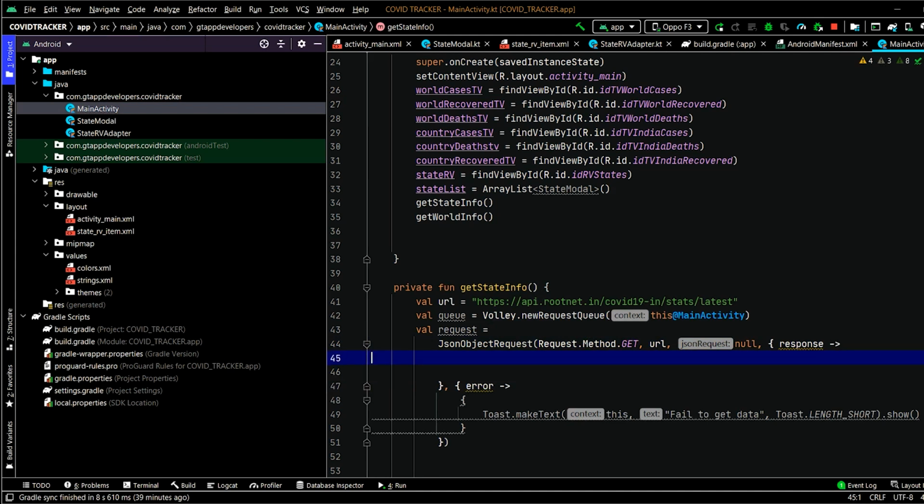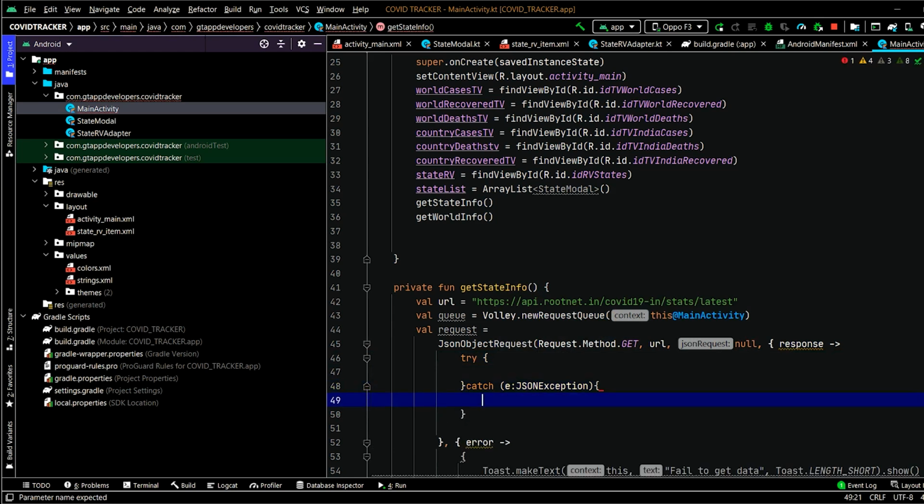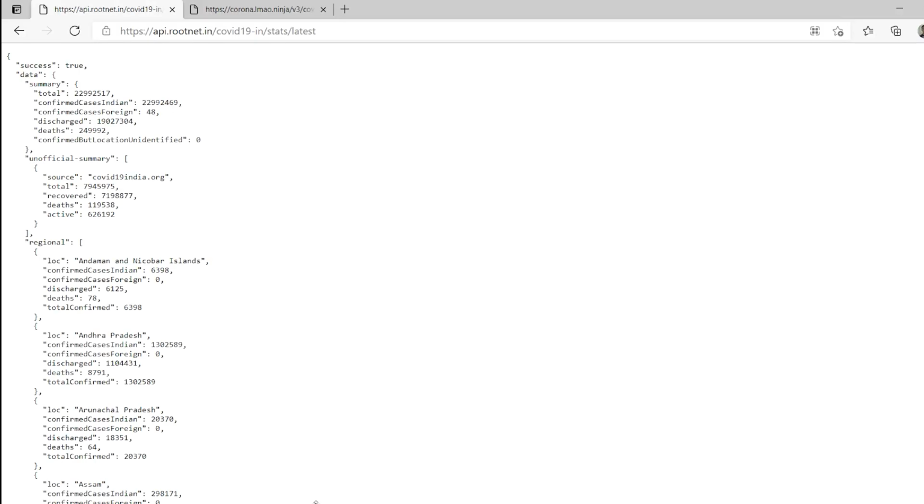Now inside response, we have to create a try catch block. Now inside try block, we will extract all our JSON data. So inside our JSON data, we will first of all have to get this data object, and from that data object, we have to get this confirm cases, that is total number of cases, discharge and deaths. So for that, first of all, we will get our data object, then summary object.